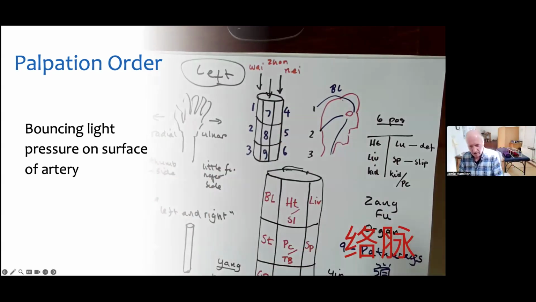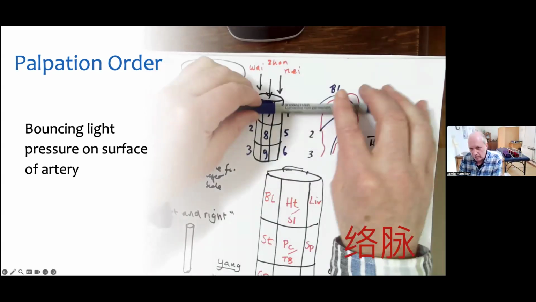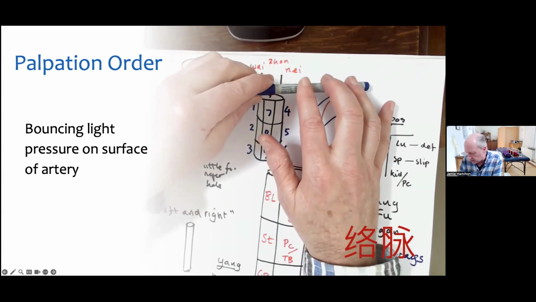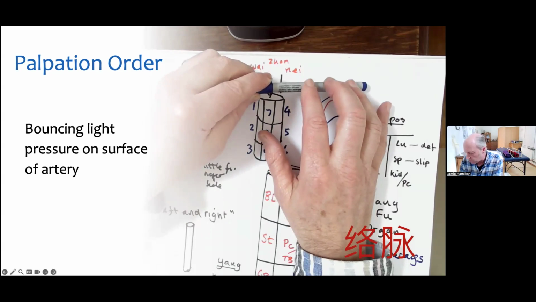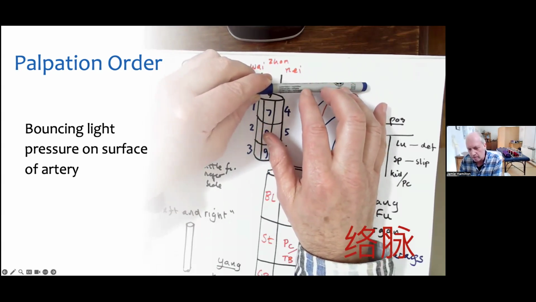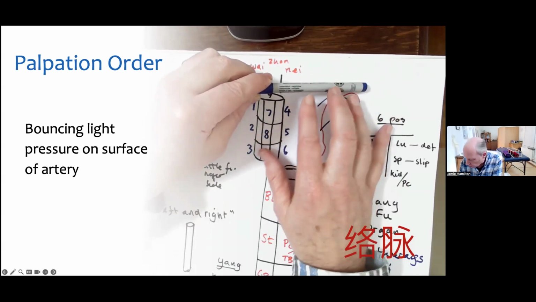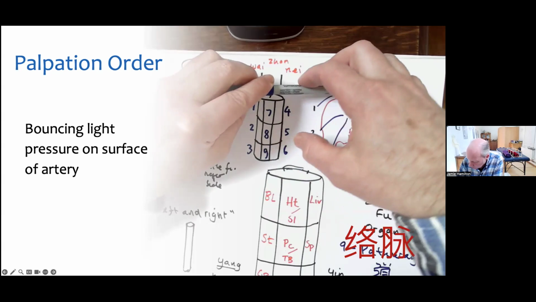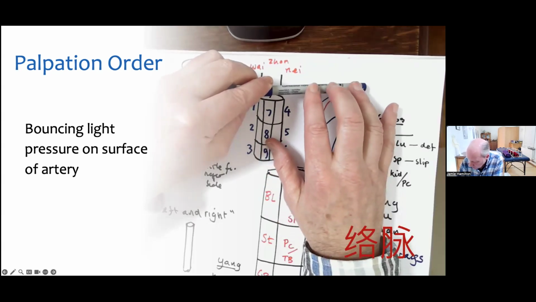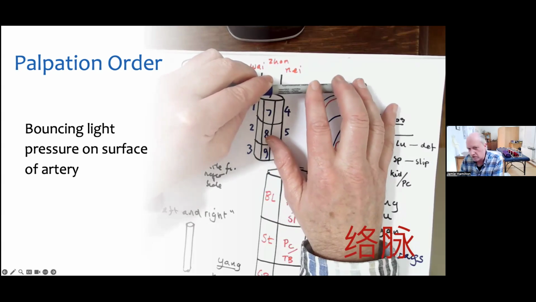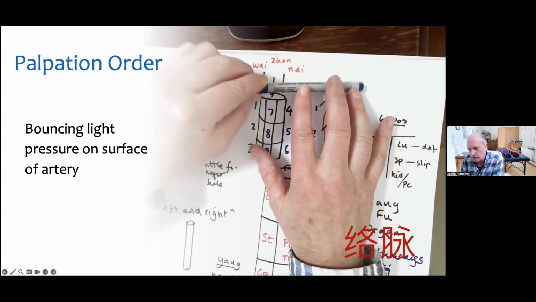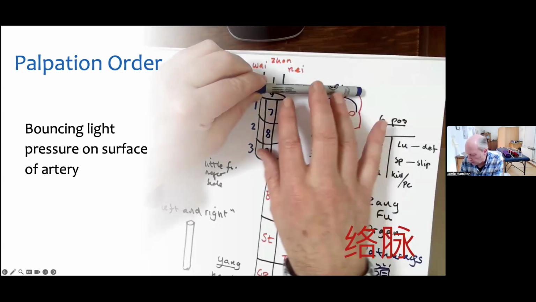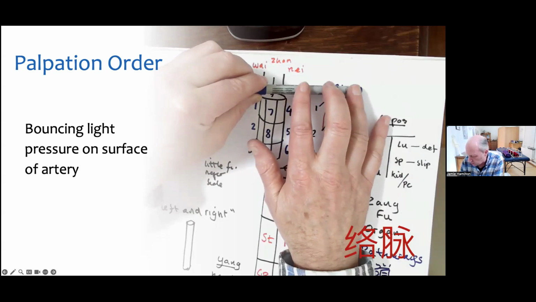You're just bouncing on the artery, so it's quite important to try to feel where the artery is. You will have already tried to do the 8 extras diagnosis when you do this. So you push from the side to do the 8 extras, push, pull, push, pull, settle, and have a sense of where the artery is. I've described already that it might have a different shape, or it might be bulging at the top, in the middle, or the bottom. That is a sense of where the artery is.